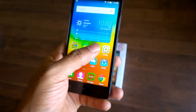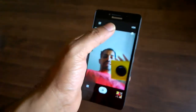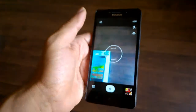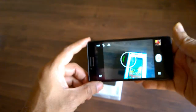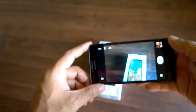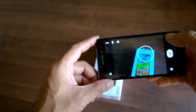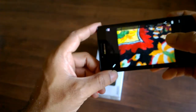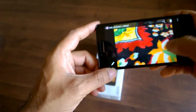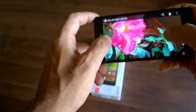So I tried a few shots with this camera, and this is the front facing camera right there. Let me switch to the back facing camera to show you the camera UI here. The camera UI is nothing great. It's very similar to what you see in stock Android for the most part, and you have the images coming out really good. They are a little bit oversaturated, I would say,